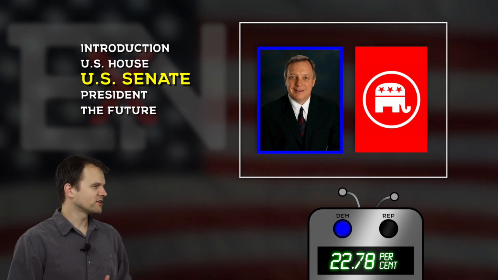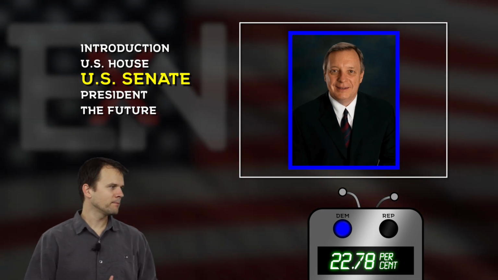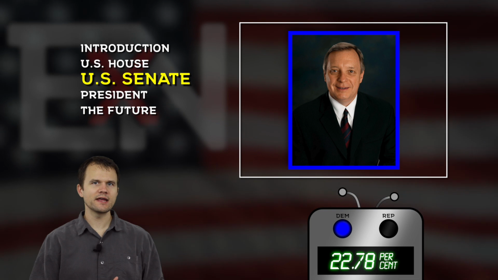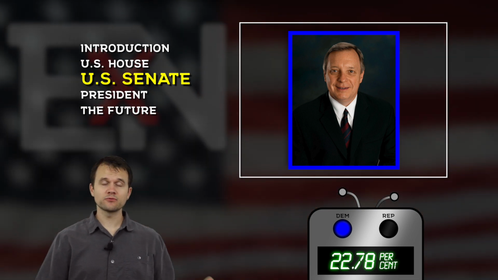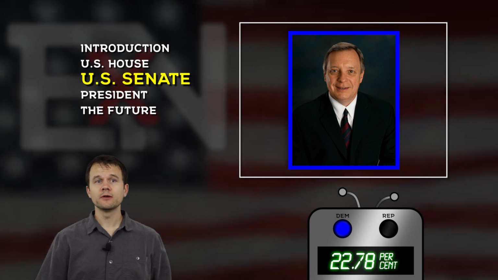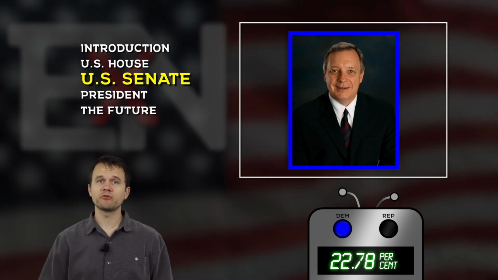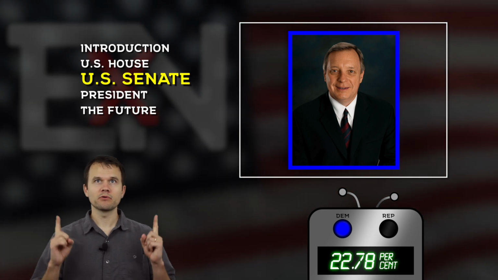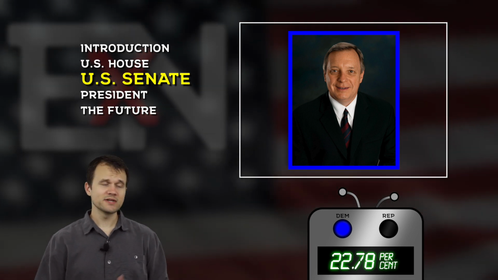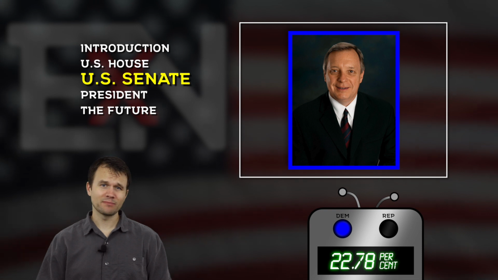And there's our result. Dick Durbin winning for a 5th time by a 22.78% margin of the vote. This is an improved performance on his last run 6 years ago in 2014, but it is much worse than how he performed in 2008. But of course, he was probably dragged across the finish line by Barack Obama at the top of the ticket that year.